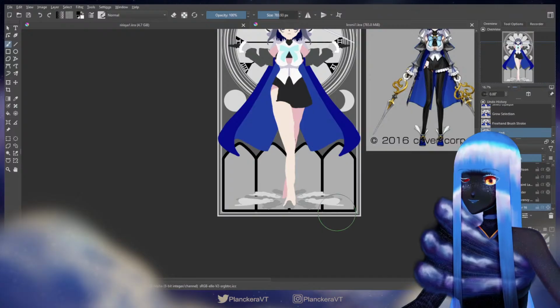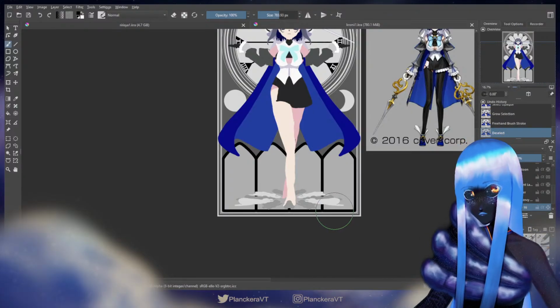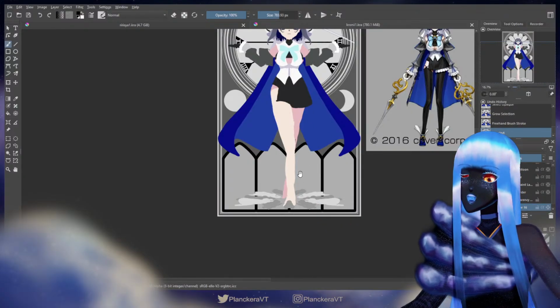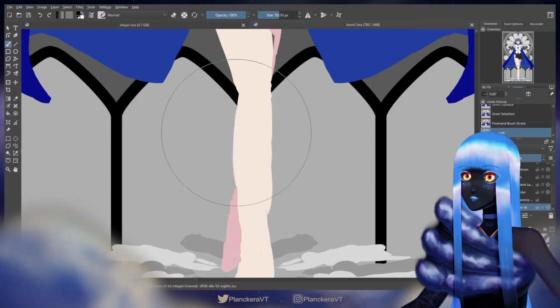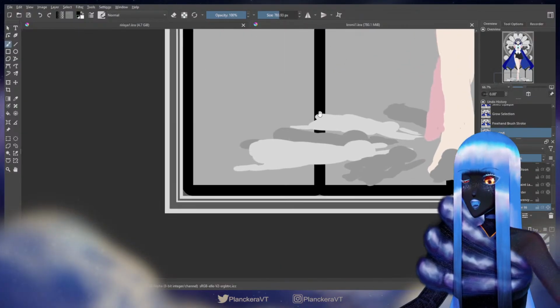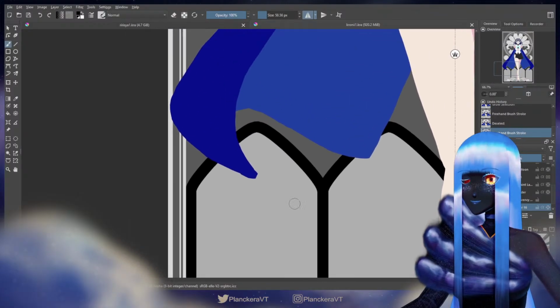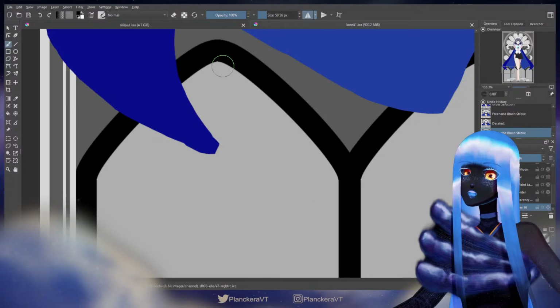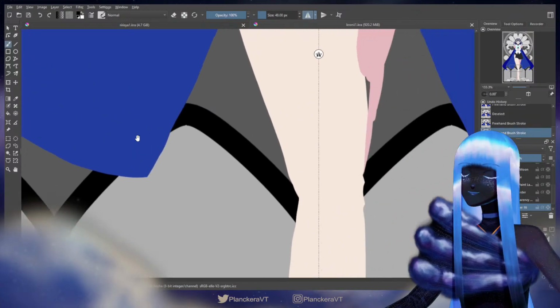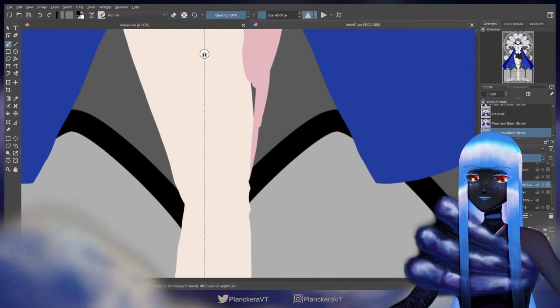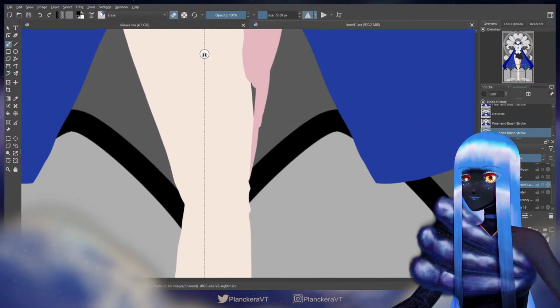That's pretty good. And then I don't know what kind of patterns I want over there yet. You know, behind her legs. Okay, and then I just want to make sure that they're all rounded out correctly. There's like a little pointy bit at the top here, and I don't like it.